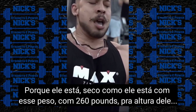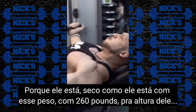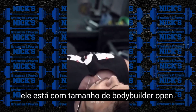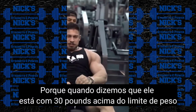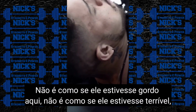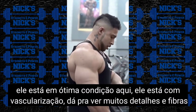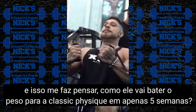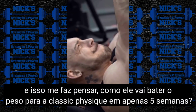As lean as he is at that body weight, as lean as he is at 260, and at his height, he's at like open bodybuilder size. Because when we say he's 30 pounds over the weight limit, it's not like he's fat here. It's not like he looks terrible. He's in great condition here. He's in great shape. He's vascular. You can see all kinds of detail and striations. And if anything, it kind of makes me wonder how he's going to make weight for Classic Physique in just